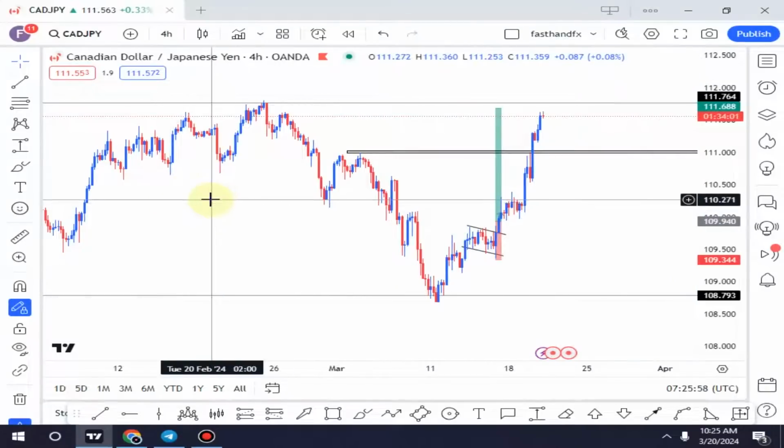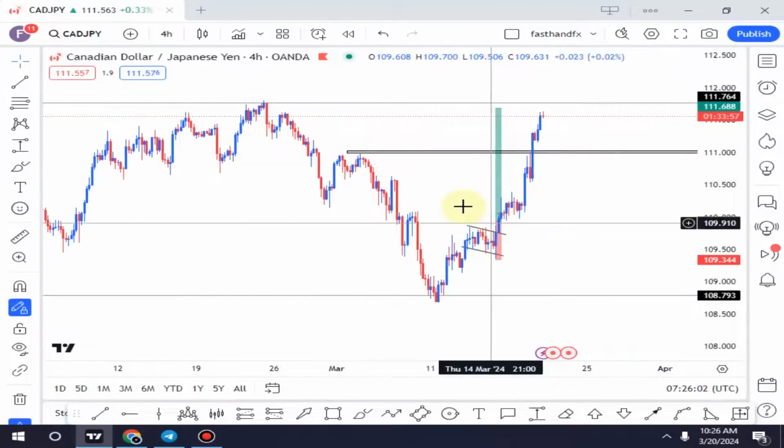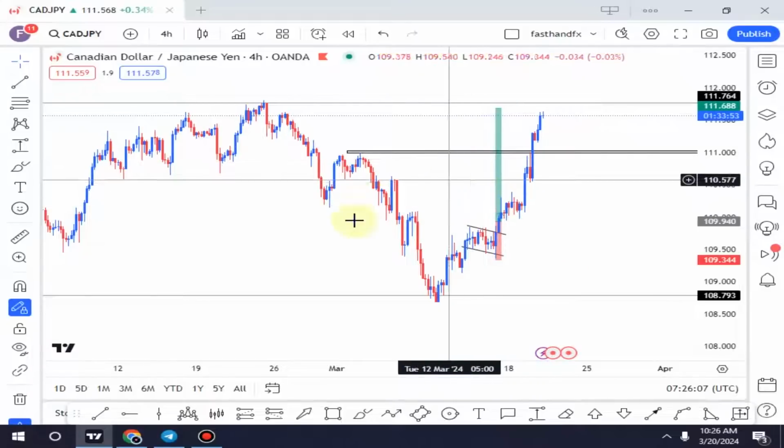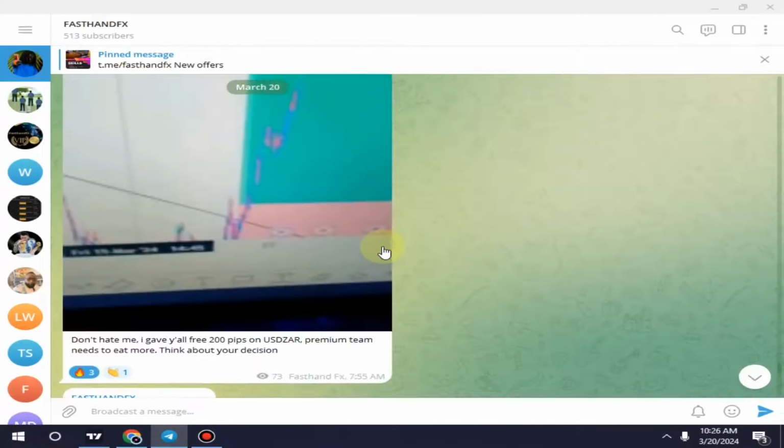I have something over here, CAD JPY. As usual, an amazing trade, and I'll show you before. And of course, this is currently after price hitting TP, 174 pips. So right over here, I'll show you before